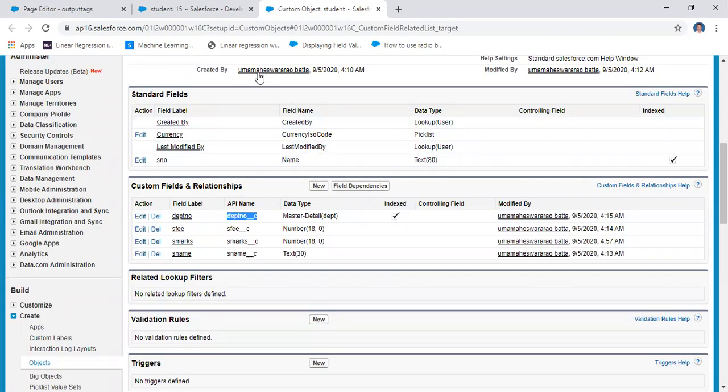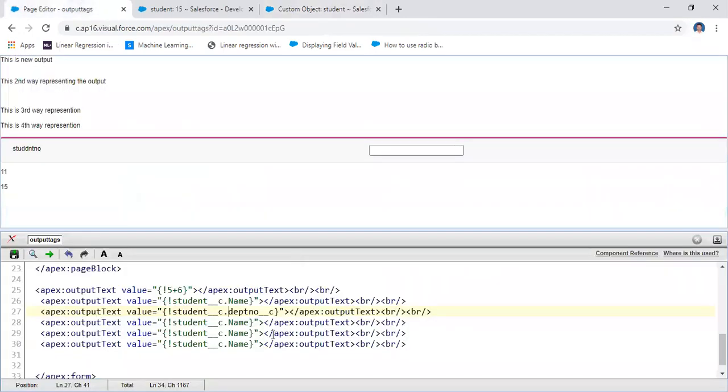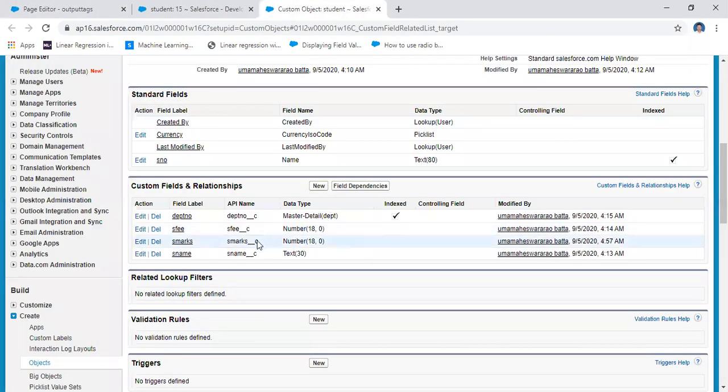Next, I want to display the student fee. I also want to display another important one, student marks.